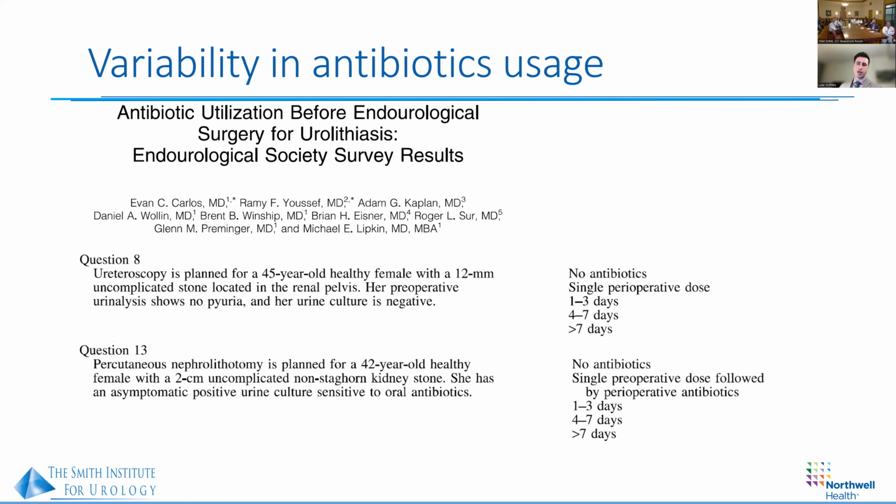So here's a couple sample scenarios that were presented. And their answer choices were preferentially on antibiotic usage. So just to kind of briefly go over it. One of their questions is: ureteroscopy is planned for a 45-year-old healthy female with a 12-millimeter uncomplicated stone located in the renal pelvis. Her preoperative urinalysis shows no pyuria. Her urine culture is negative. So what would you do? Would you give no antibiotics, single dose, 1 to 3, 4 to 7, or greater than